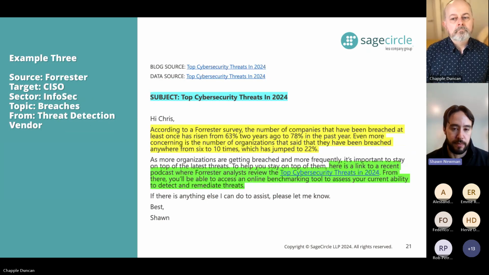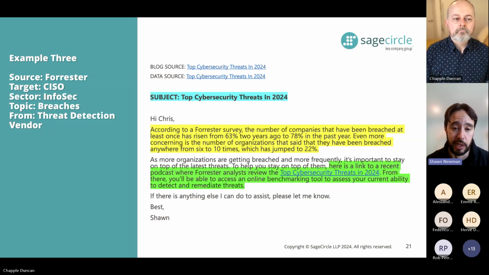which is for my security folks who work in probably one of the most dynamic industries and just came back from RSA, where there were probably 1 million different new announcements. Here we have Forrester just had a podcast and a blog post about top cybersecurity threats in 2024. Some really shocking data from some of their surveys. If you're pitching to Fortune 500 companies, almost 80% of companies have been breached at least once in the last year, and almost a quarter have been breached 6 to 10 times, right?